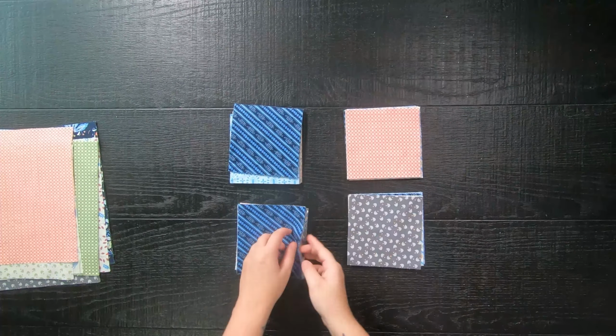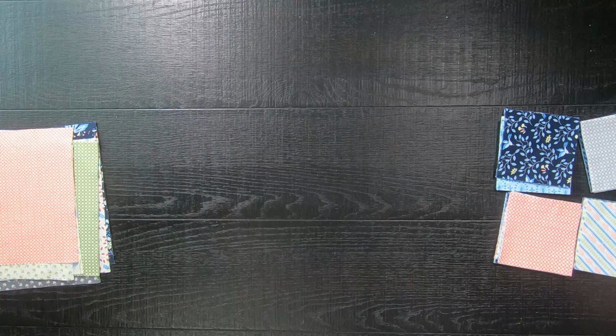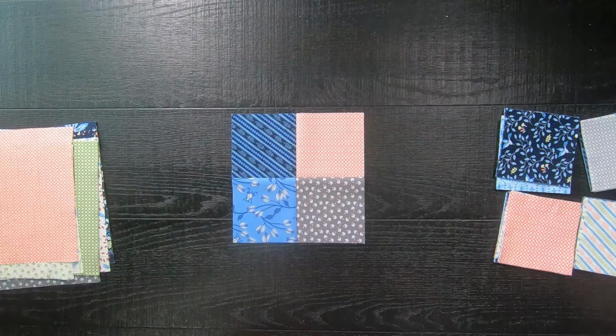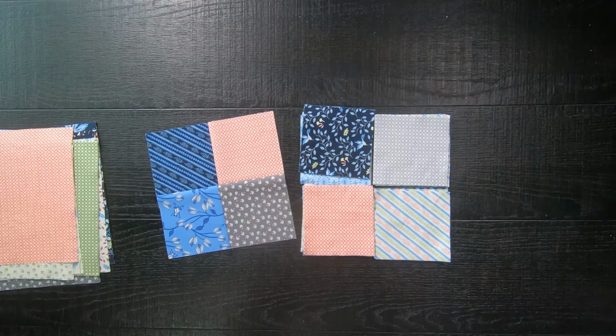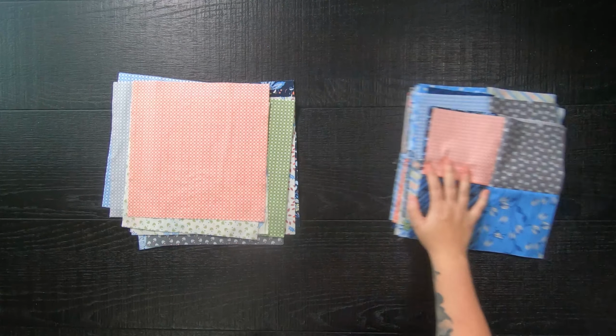So what you're going to do is select 4 different prints and sew your blocks together to form rows. And then lastly, sew those rows together to complete the 4 patch. Now all you'll need to do is repeat these same steps until you have enough 4 patches for the quilt size you're making. But once all those 4 patches are complete, you will need to trim those remaining 10-inch squares